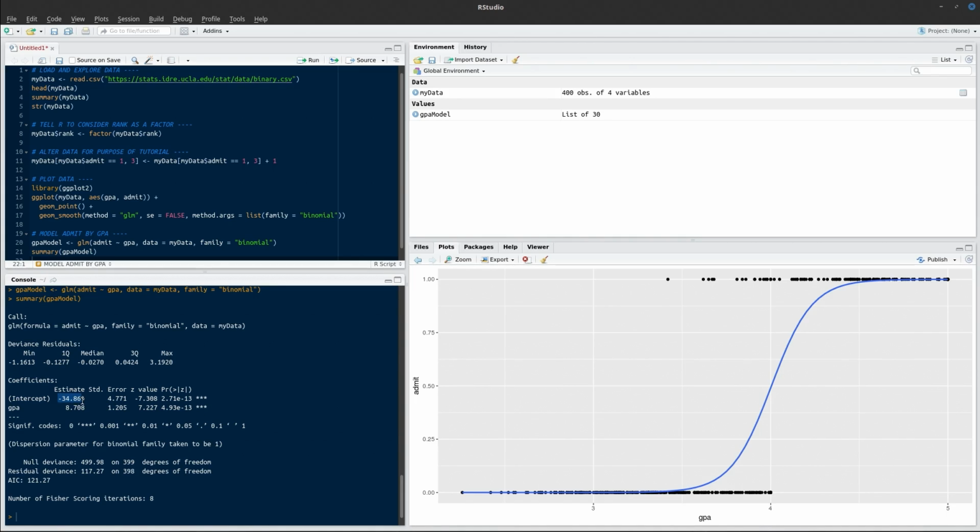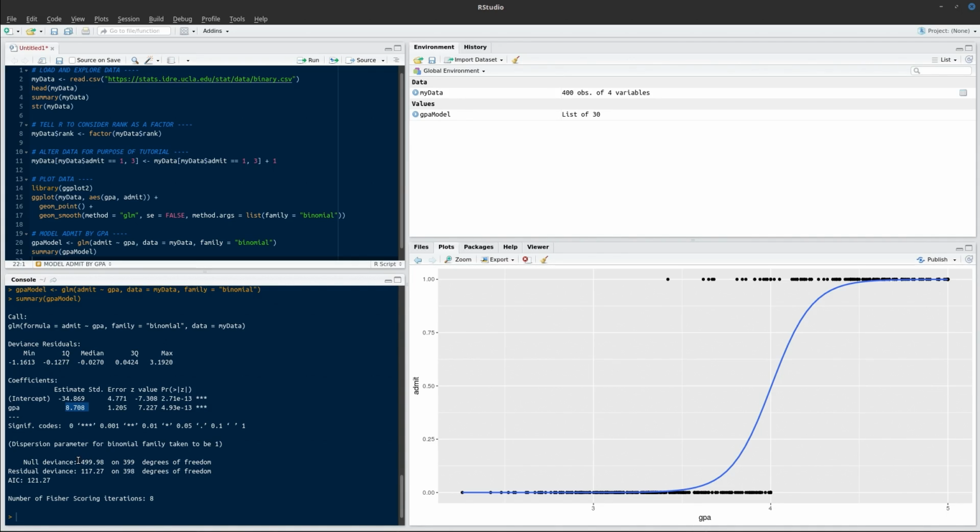So how do we interpret these? The intercept is probably not so interesting, but the estimate for GPA is the log odds: for every 1 unit increase in GPA, the log odds of being admitted to university increases by